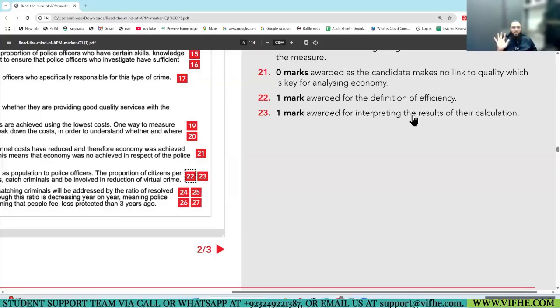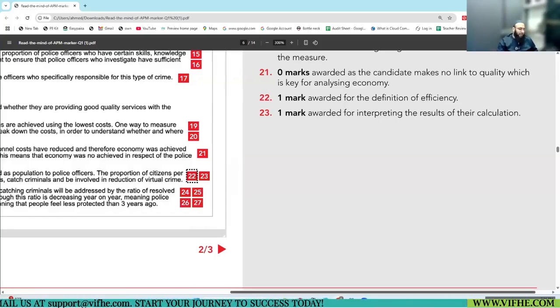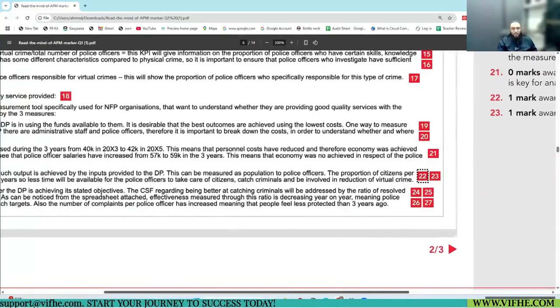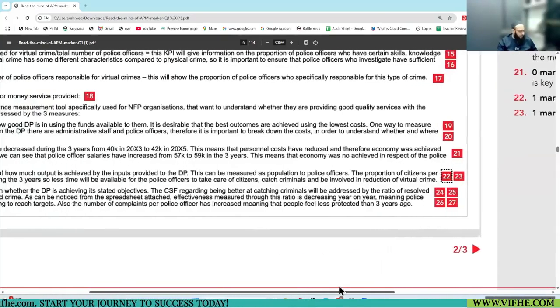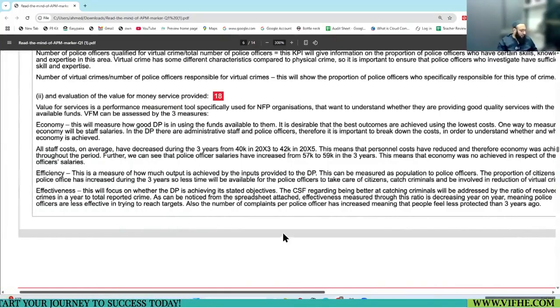So that was okay. What he mentioned is that the population per police officer is going down, so this affects their services. This is perfectly fine to write. So 1 mark for that. Nothing for the other calculation and no explanation of that is given. Just 2 marks for efficiency.